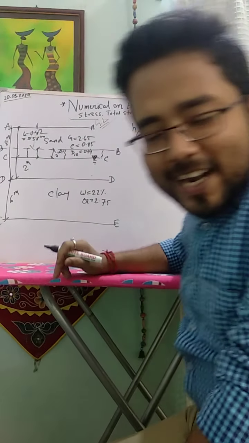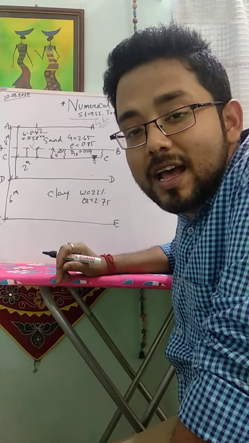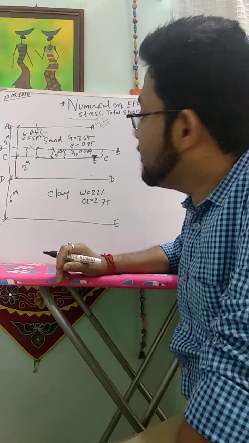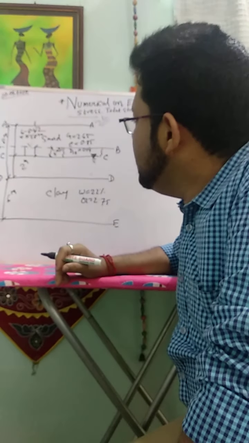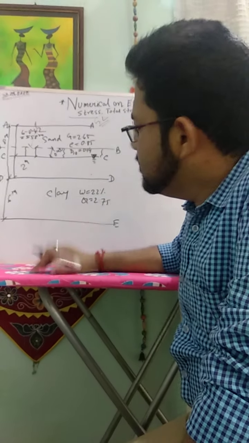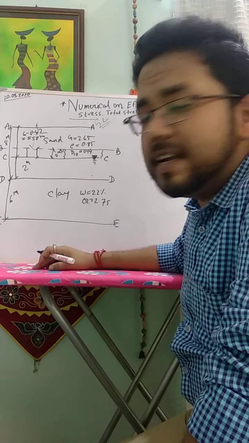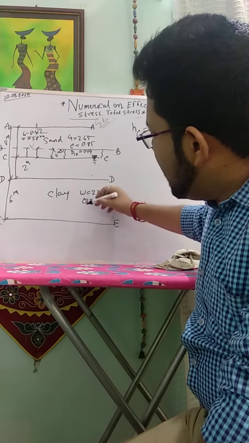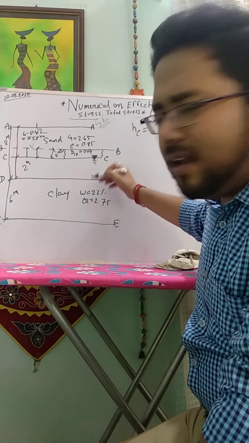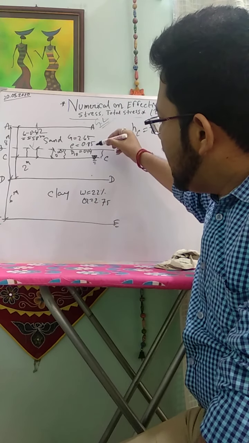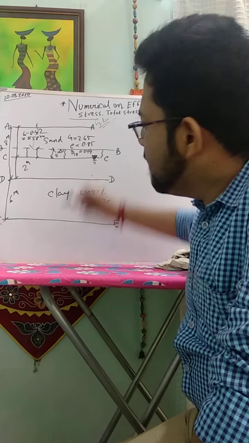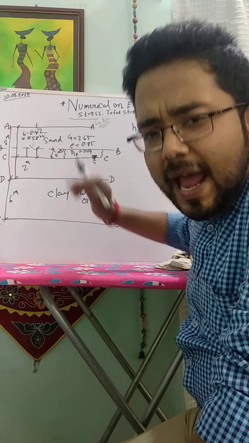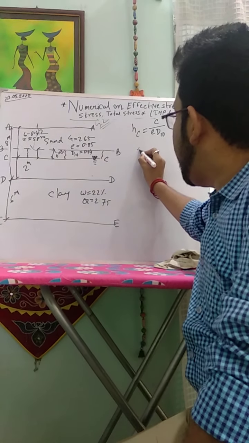Now we find out the dry unit weight of the sand, the saturated unit weight of the sand, and also the saturated unit weight of the clay, because the clay layer is fully saturated below the water table. Above the BB line the sand layer is dry because capillary rise is up to the BB line. For sand,